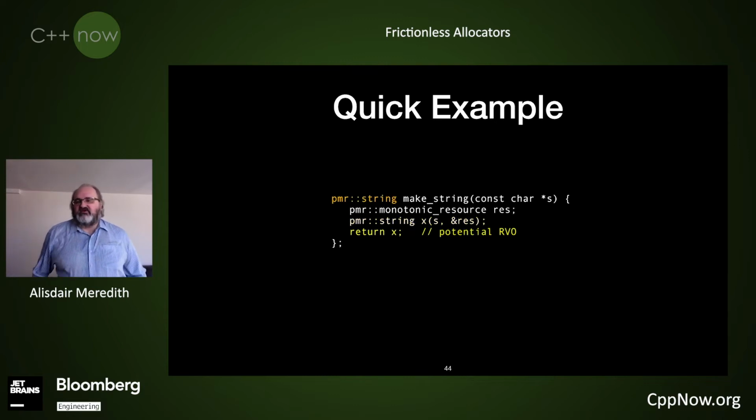Only this is C++11. We have potential return value optimization here. And in this case, if the return value optimization applies, I now risk leaking my pointer to this stack-based monotonic resource. This is a bad thing, and the compiler can't help us out here. We just have to be aware of this concern. And the trouble is we can't guarantee the RVO in C++11, so you have to be aware that it might or might not be applied. At least in C++17, they have a guarantee, because now the return value optimization is guaranteed by the compiler.